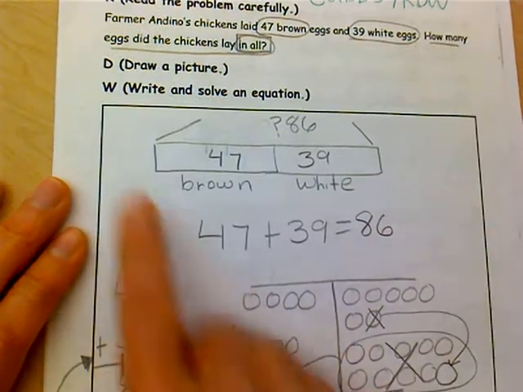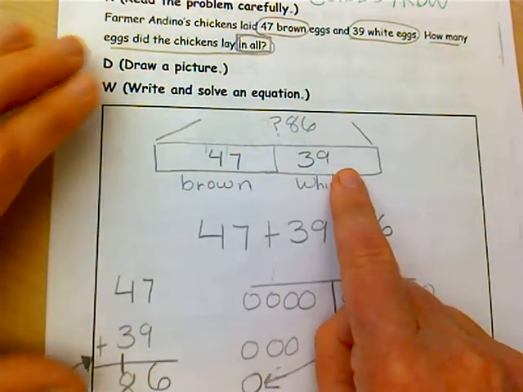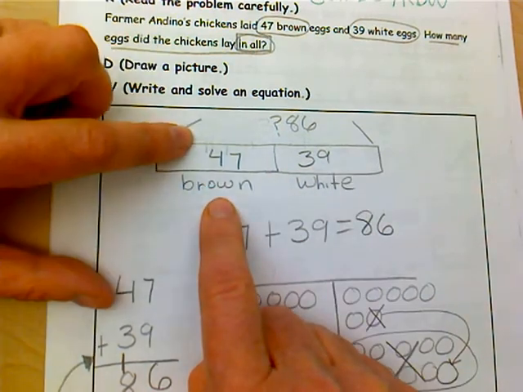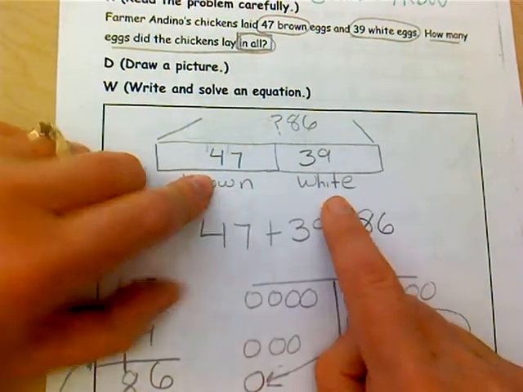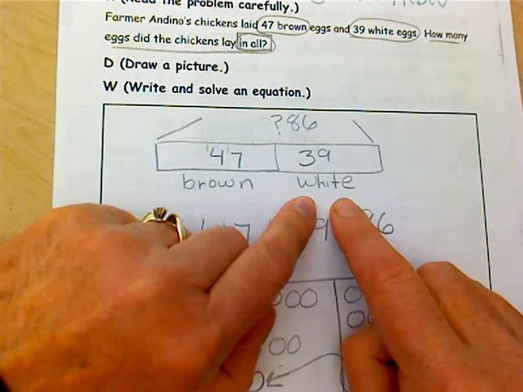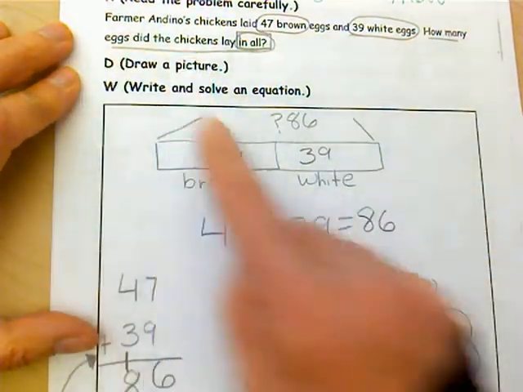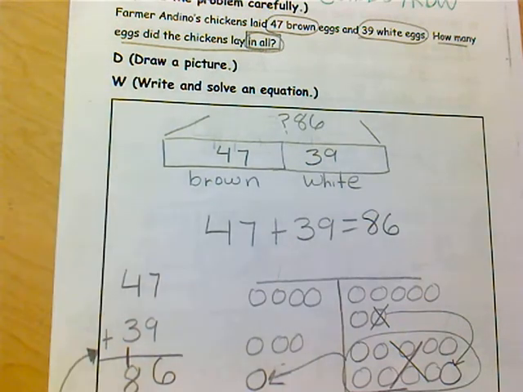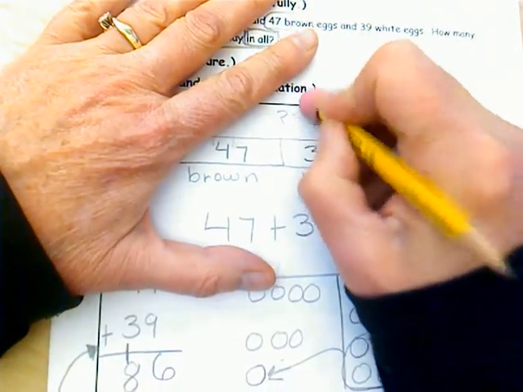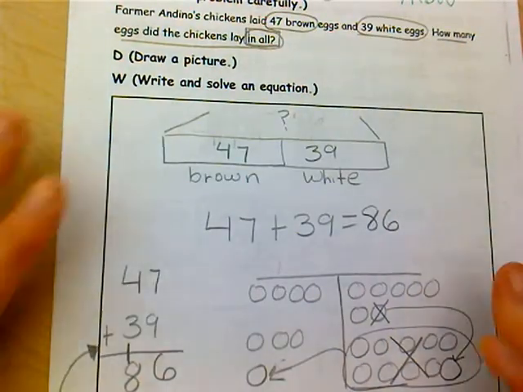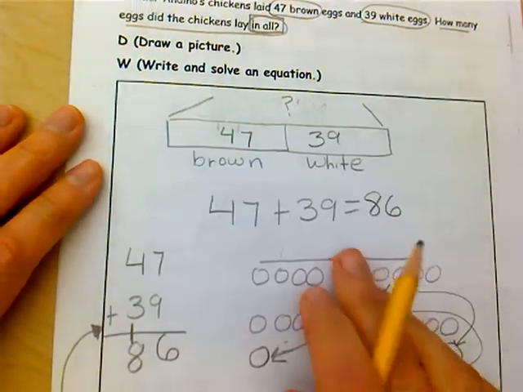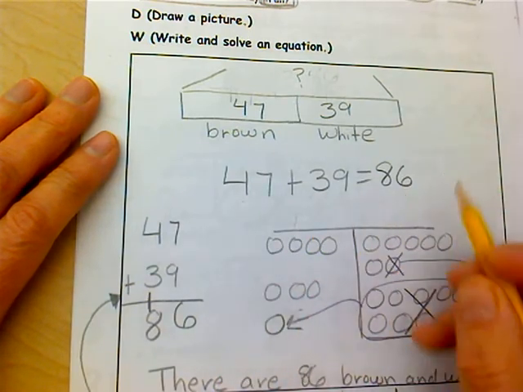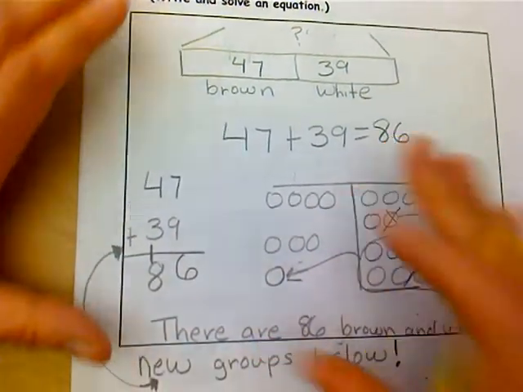So I started off with the tape model so I could think about what I was going to be trying to solve. I know that there were 47 brown eggs that were laid, and there were 39 white eggs that were laid. And my question was, how many were there in all? So I know that I was looking for this part of my number bond. That should have been a question mark. Then I set up my equation of 47 plus 39,